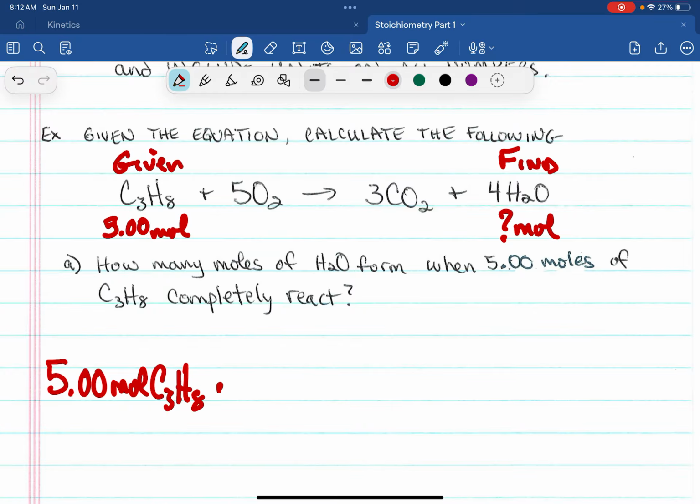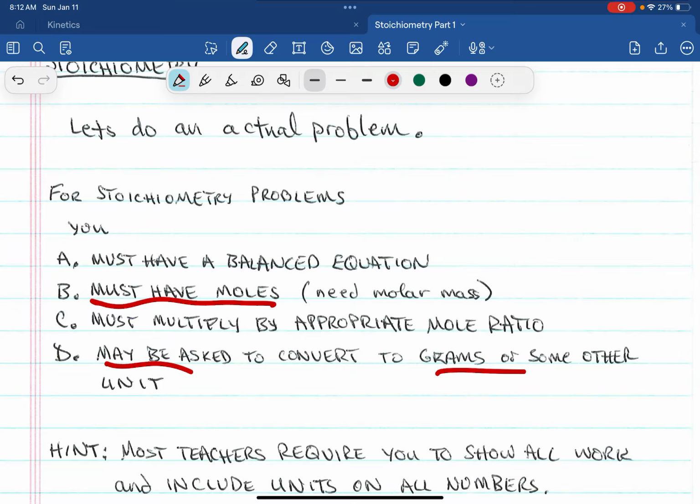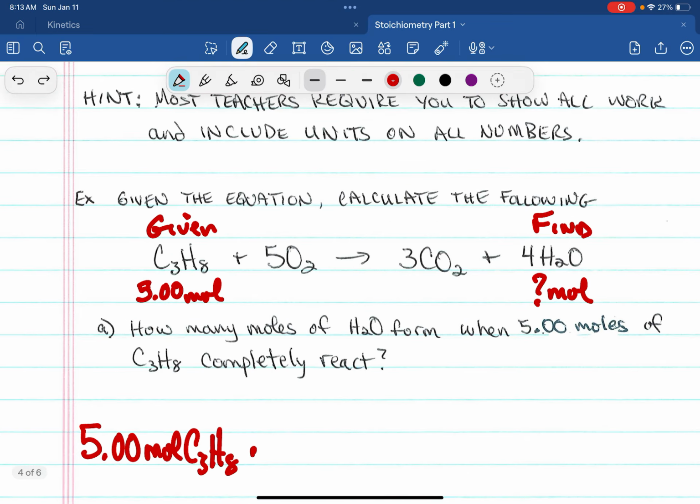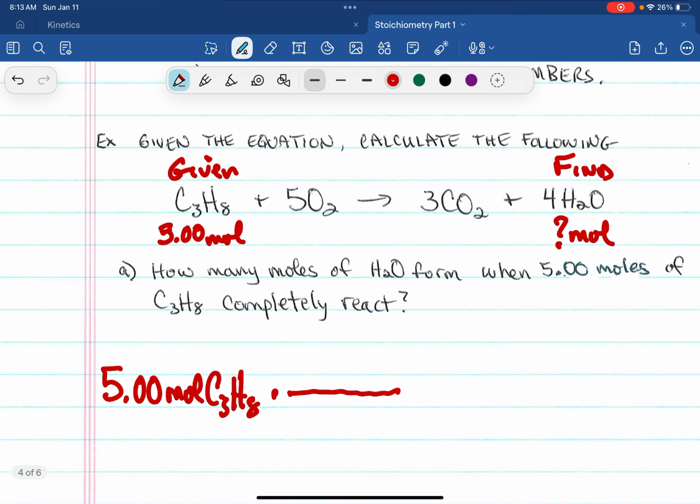Now, since we've already got moles, right? It says we must have moles. We've already got moles. So we're ready to do the must multiply by the appropriate mole ratio. Now, how do I know what the appropriate mole ratio is? Well, we're going to pretend, because it is, that there's a 1 there. So we're looking at this 4 and this 1, and the 1 goes with the C3H8. And notice I've got C3H8 in the top on the first